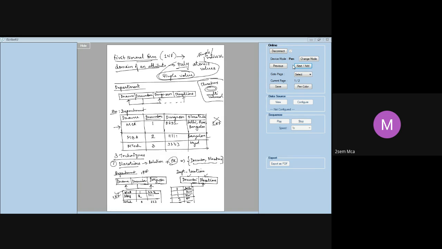As I told you, D numbers can get repeated. D locations can get repeated. But the combination of these two should not get repeated because these two together form the primary key. 1 and Delhi should appear only once. You cannot have 2 records showing 1 and Delhi. So now every attribute is taking just an atomic value. So this table is also in 1NF.